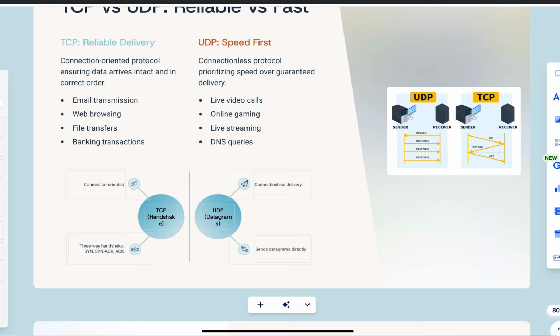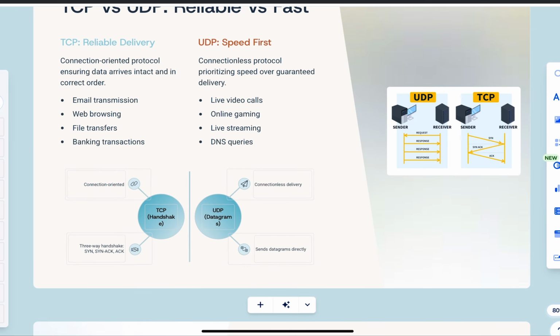UDP does not care; it's only concerned about speed. That's why it can be used in live video calls, because it's continuous communication and we need fast speed so that the communication syncs well from one end to the other in real time. It needs to be faster, so that's why UDP is used for live streaming